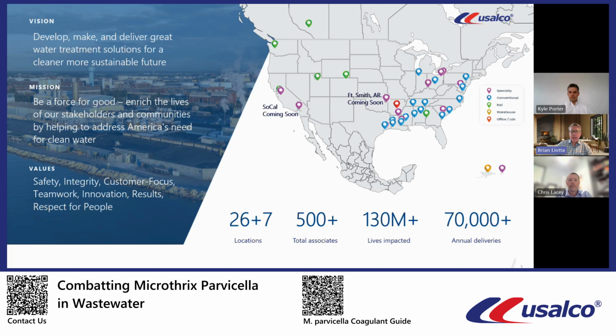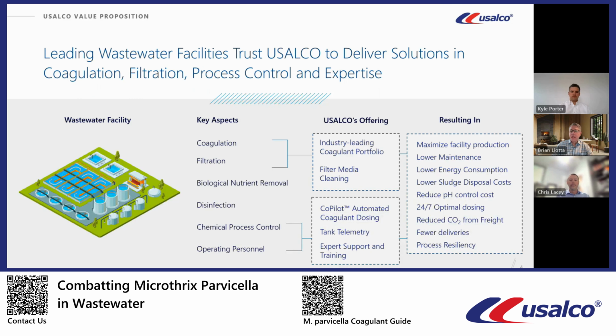As far as the map that you can see on the screen, our diverse locations are spread all over the place from coast to coast, as I mentioned, and include specialty and conventional plants, rail hubs, warehouses, and labs. This all highlights our operational capacity, which was organized specifically to meet the water treatment needs across the country. This illustration shows the critical aspects of a typical wastewater facility, and it includes typical aspects of coagulation and filtration, pH control, disinfection, chemical process control, and operating personnel, all essential to providing